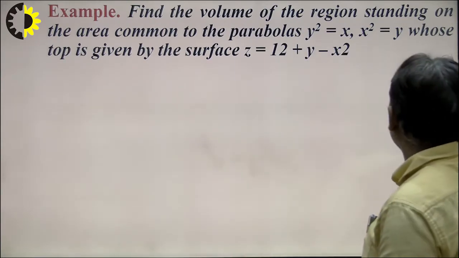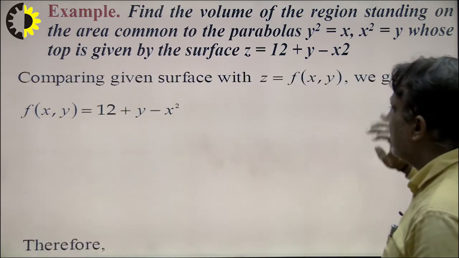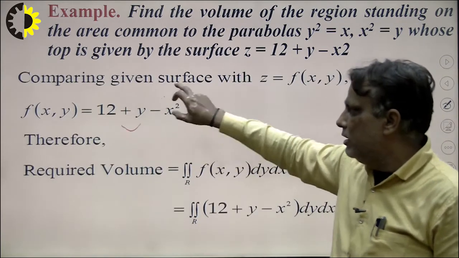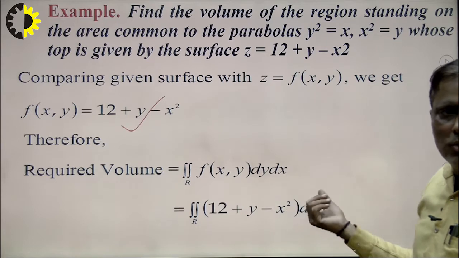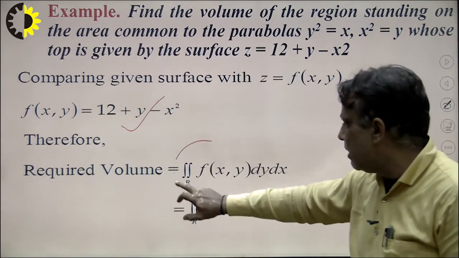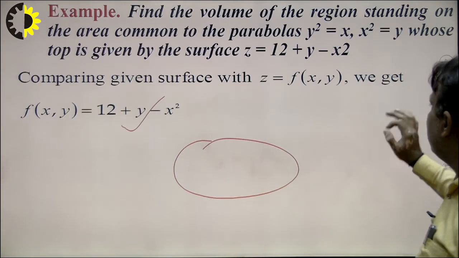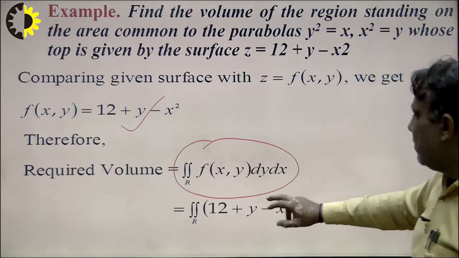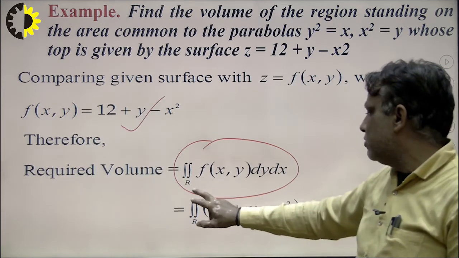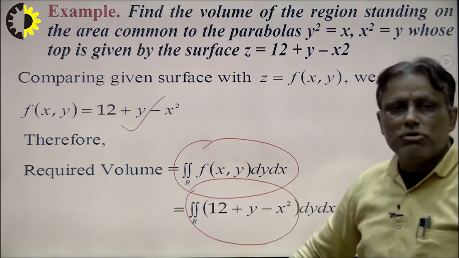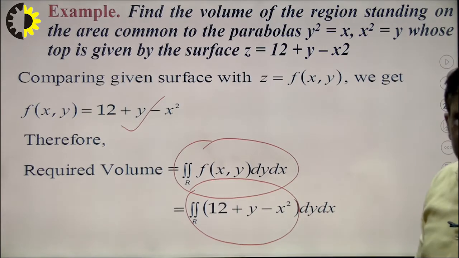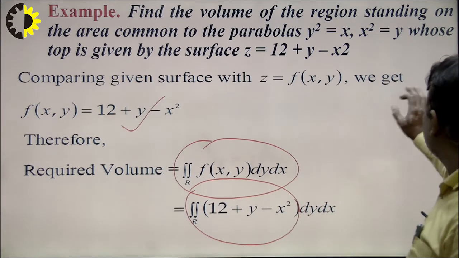So one by one. Suppose I want to calculate this, and this is the function z here, and how to calculate the volume with the help of this diagram, we see here. And this is the diagram. So how to get the volume of this, we see here. In this way we can find out the volume of this by using the double integration. First of all we integrate, taking the limit with respect to y.